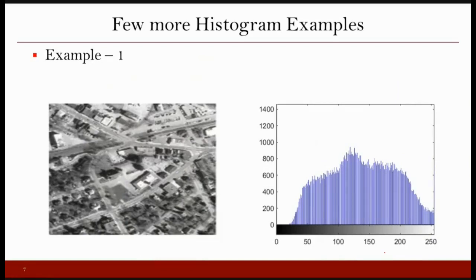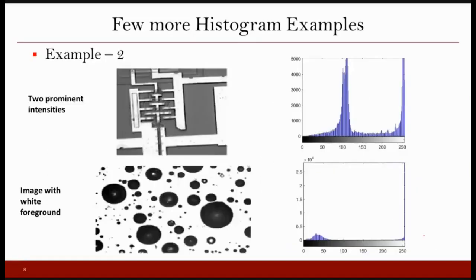These are a few more examples. In this example, you can say in some sense this is a kind of good image. You have the pixel distribution in the entire range. In this example, you have either a black portion or a white portion. That is why you see two peaks in your histogram. Some of the pixels which are black are represented here, the ones which are white are represented here, and there are some other pixels with intermediate intensities, which appear here.